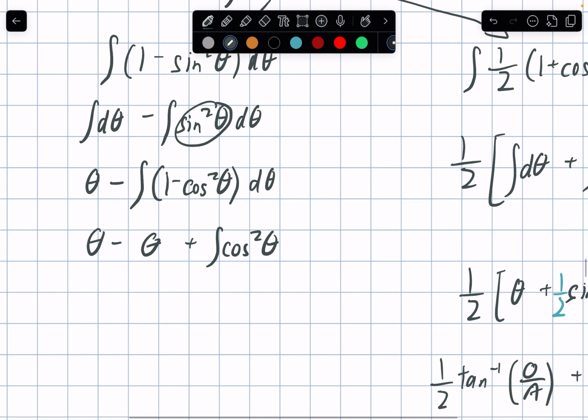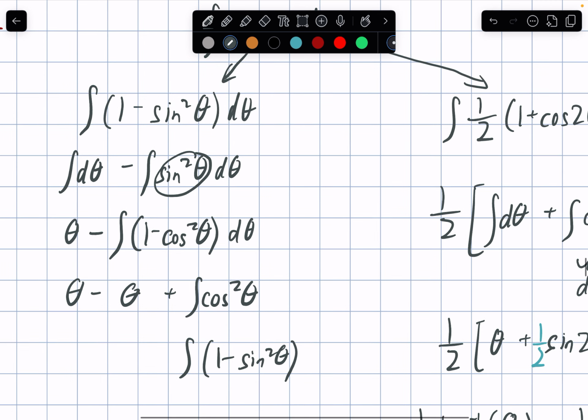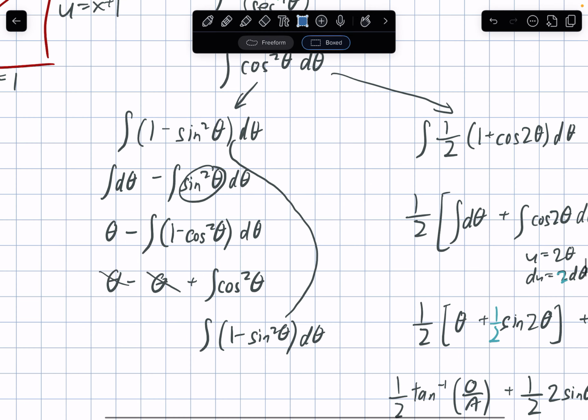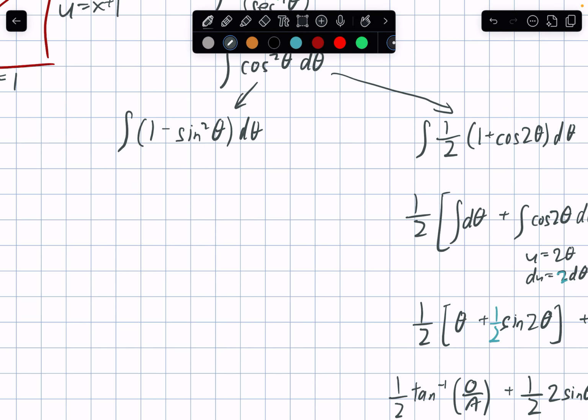And this cosine theta, you use a tool again, 1 minus sine squared theta. You go, basically you end up in a position where you were before, and these cancel. You get what I mean? So in order to break that cycle,